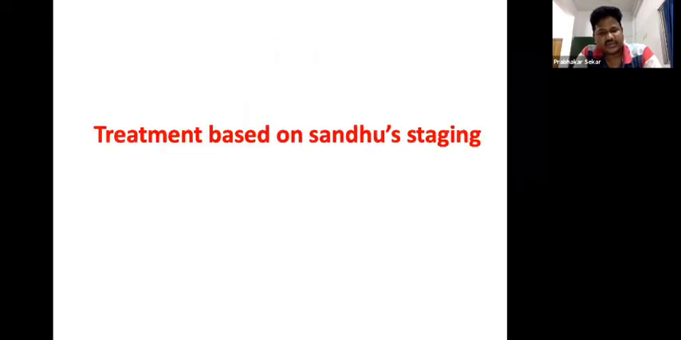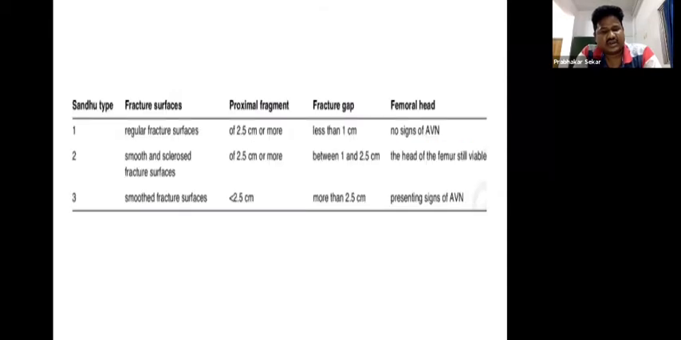muscle pedicle bone graft. So treatment is based on Sandhu staging, which I already told you about, based on 4 parameters: fracture surfaces, whether it's regular, smooth, or smooth sclerosed; proximal fragment, whether it's more than 2.5 or less than 2.5; fracture gap, whether it is less than 1 centimeter, 1 to 2.5 centimeter, or more than 2.5 centimeter; and signs of avian,